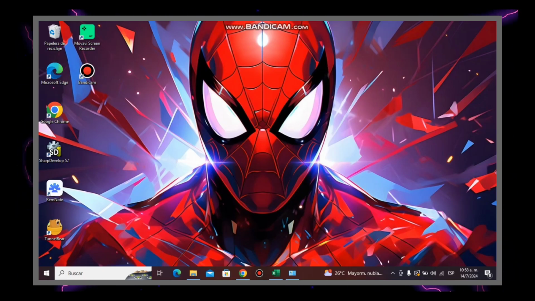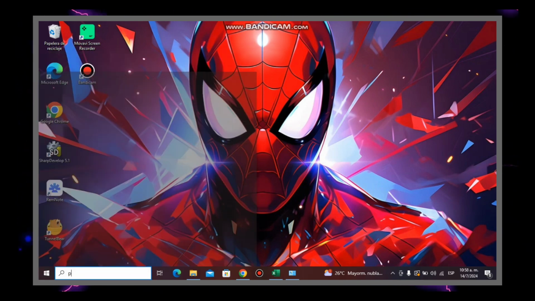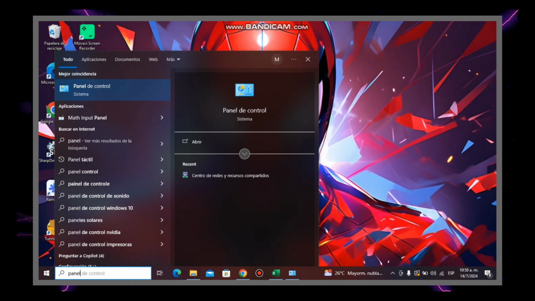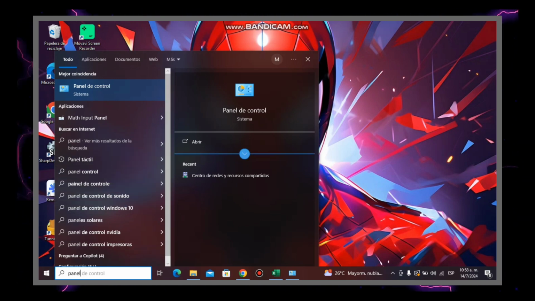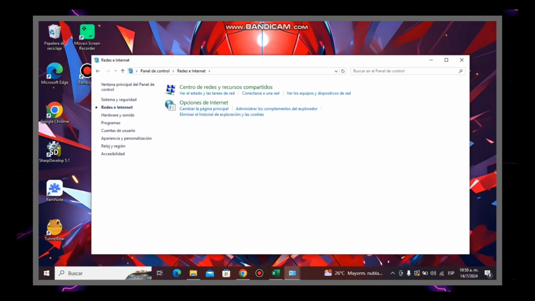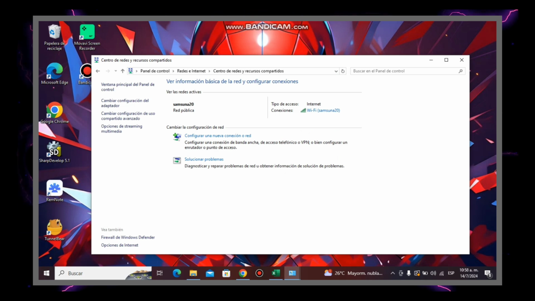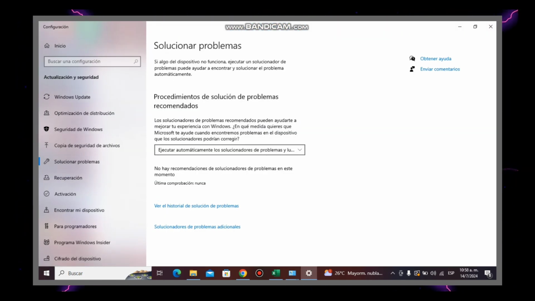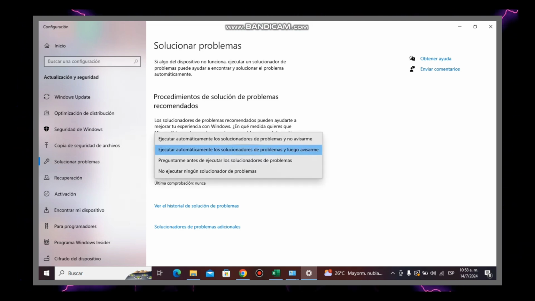What we are going to do is go to the Windows button and go to Settings. We are going to go to the Control Panel and open the network and internet section, the first option, the second option, and in this form the third option. Execute automatically the troubleshooting of the problems, and then